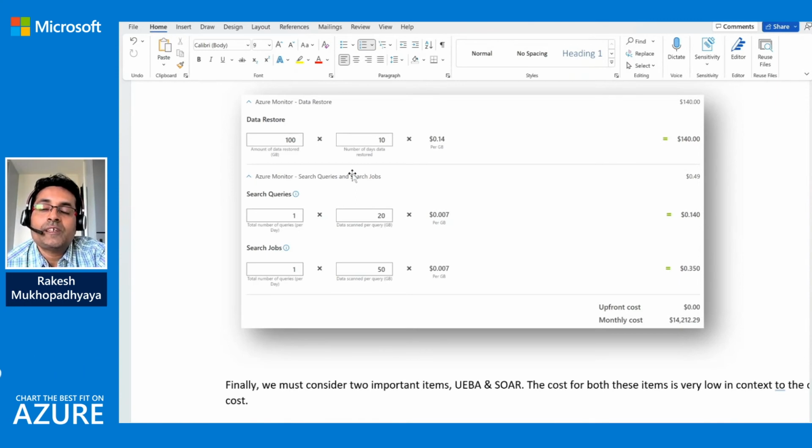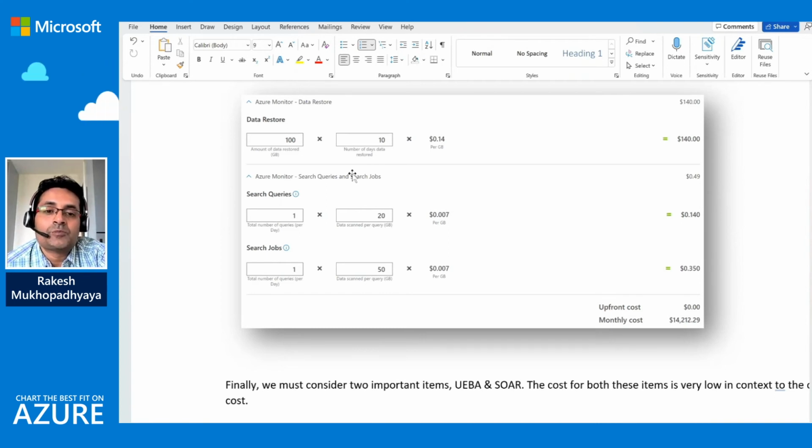And search query is actually, if you consider basic log, then the search query will come. And if you do not consider basic log, there will be nothing for search query. And search job is basically, when an analyst is investigating an incident, he may want to search a log which is part of archive log, right?